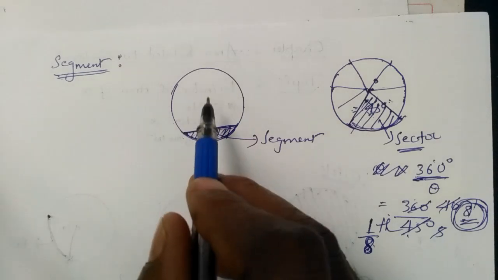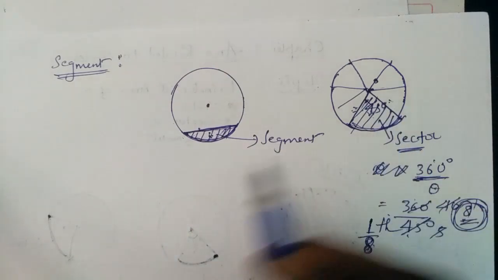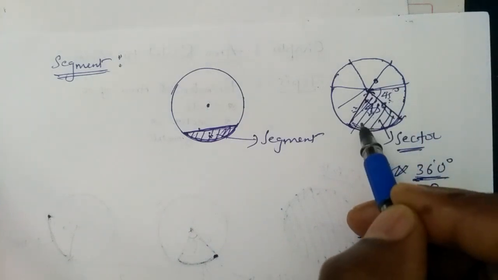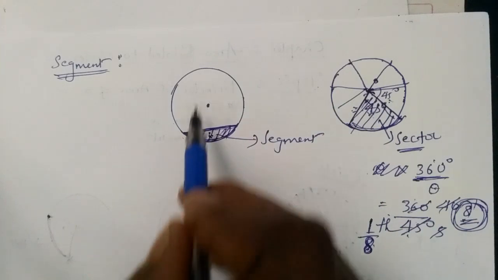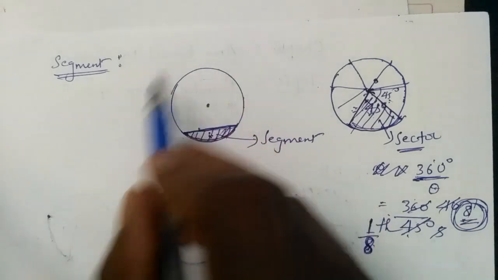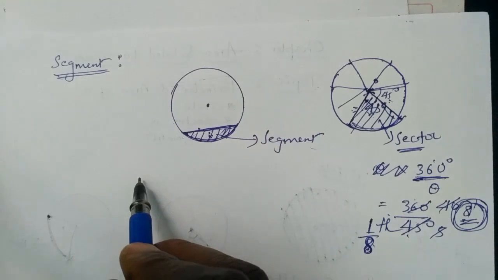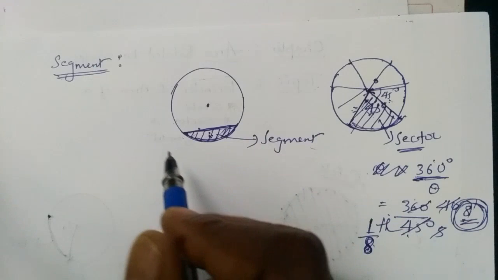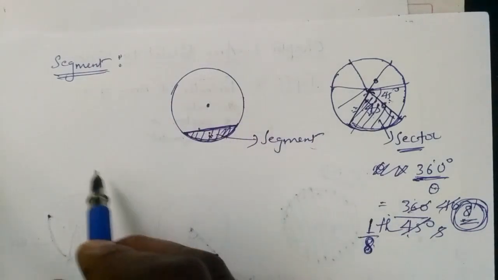So there is a difference between the area of a sector and a segment. In a sector we can form another equal sector: suppose this is 45 degrees, another 45 degree sector we can also form. It is an equal division. But in a segment we cannot draw one more segment of the same area on the other side. Dividing the area of a circle into equal parts by segments is very difficult. It is possible but difficult. So that's why we do not find the area of a segment directly.